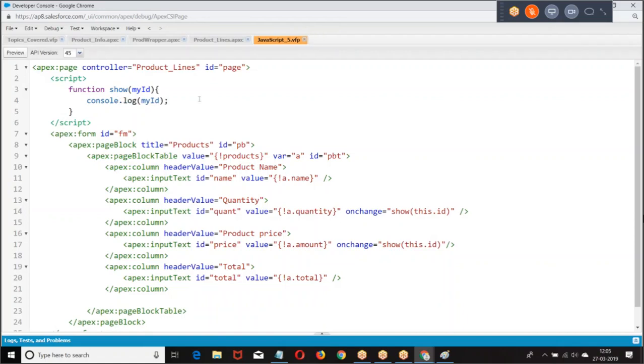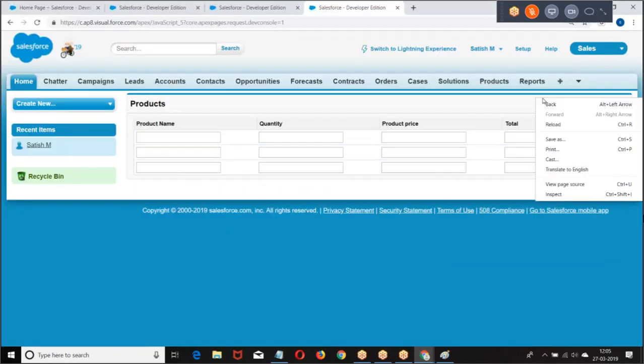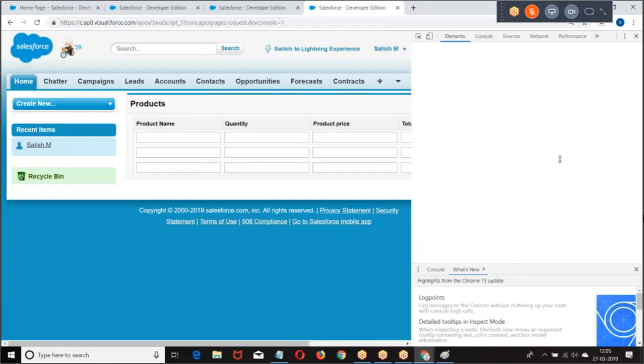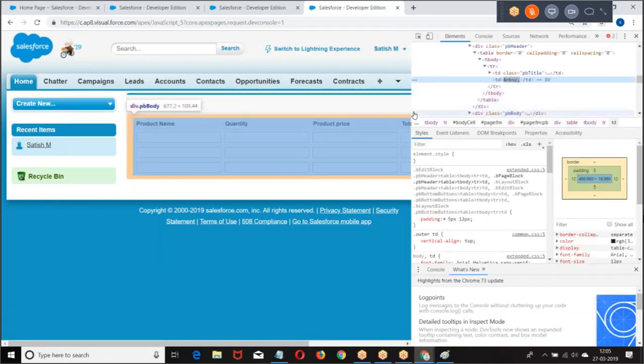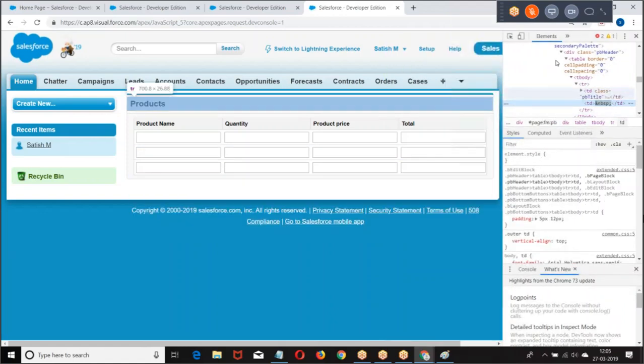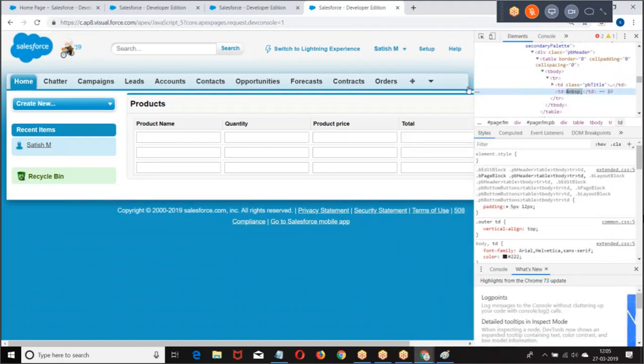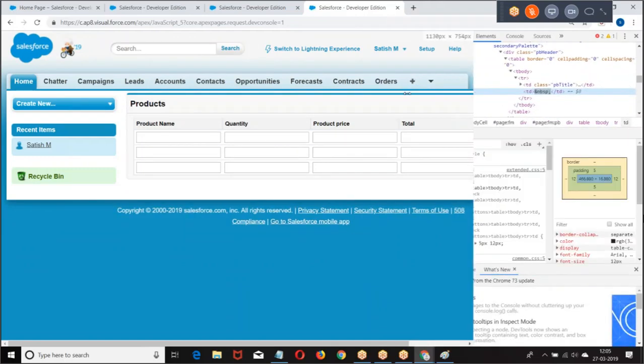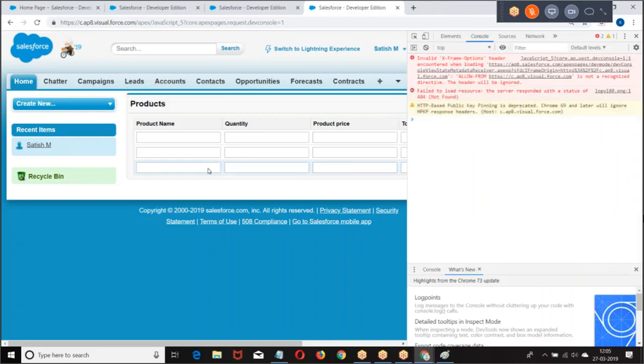Right. Quantity change. When the change happened, what is the ID we received?